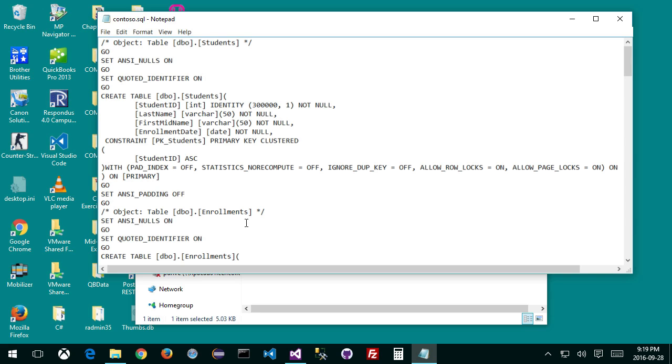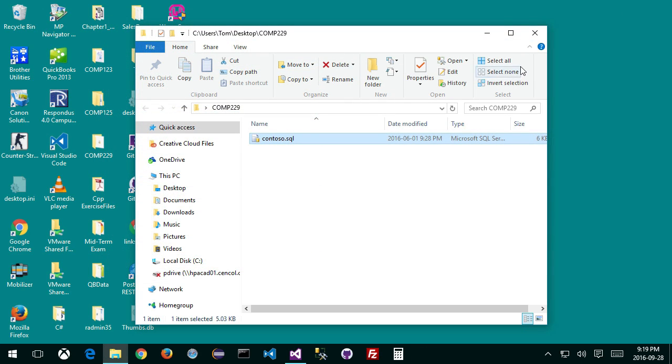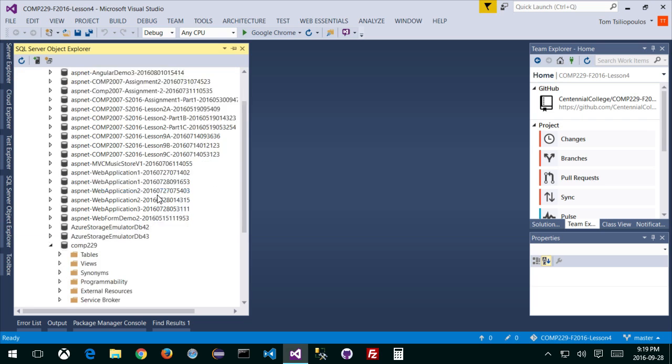So what I'm going to do is press Control A and then Control C. I'm going to highlight everything. Control A is select all, right? Let me do that again. Control A selects all, Control C for copy. Okay, now that I've got that on my clipboard, I can go back to Visual Studio, and inside my database,